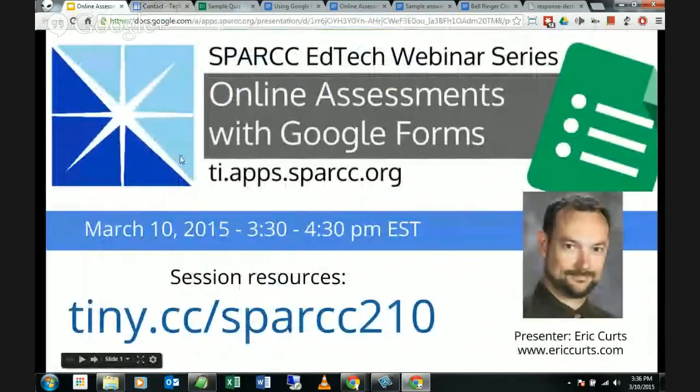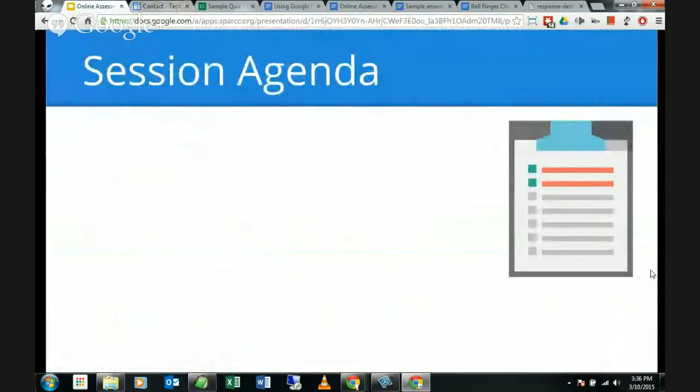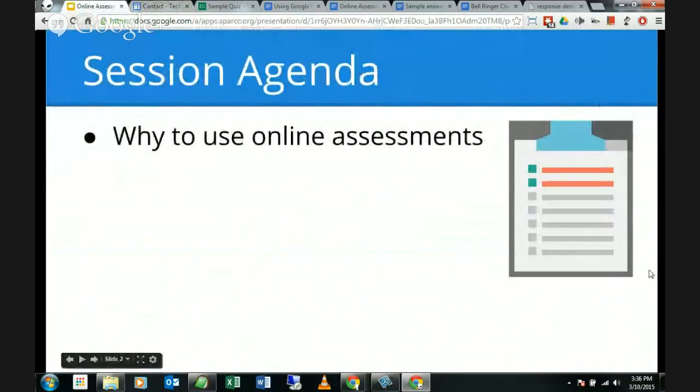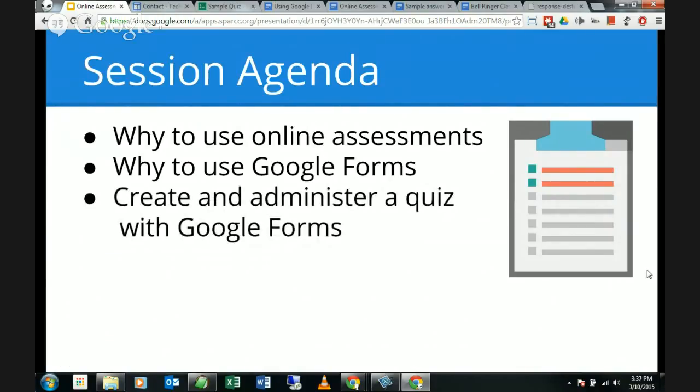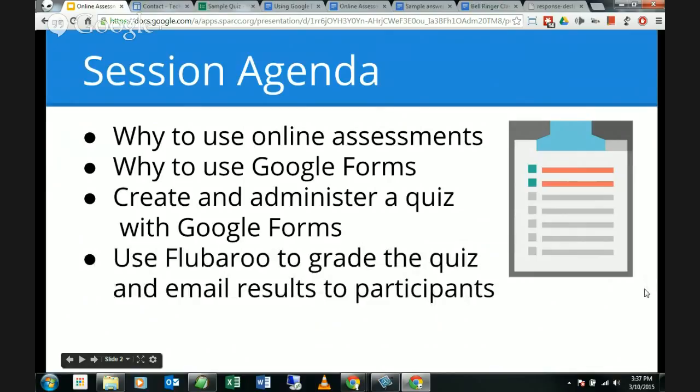Well, let's get back to the presentation and begin. So for our agenda today, these are the things we're going to be running through. First of all, we're going to do a brief conversation about why to use online assessments, and then specifically why Google Forms. Why is that the particular tool we're going to be looking at? After that, we're going to create and administer a very simple sample quiz using Google Forms. And then finally, we will use an add-in called Flubaroo to grade the quiz and then email the results out